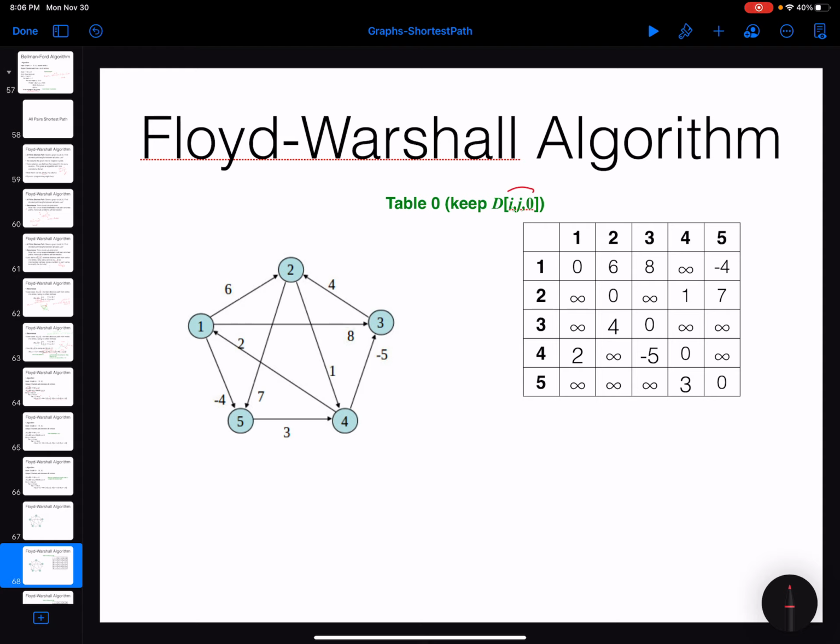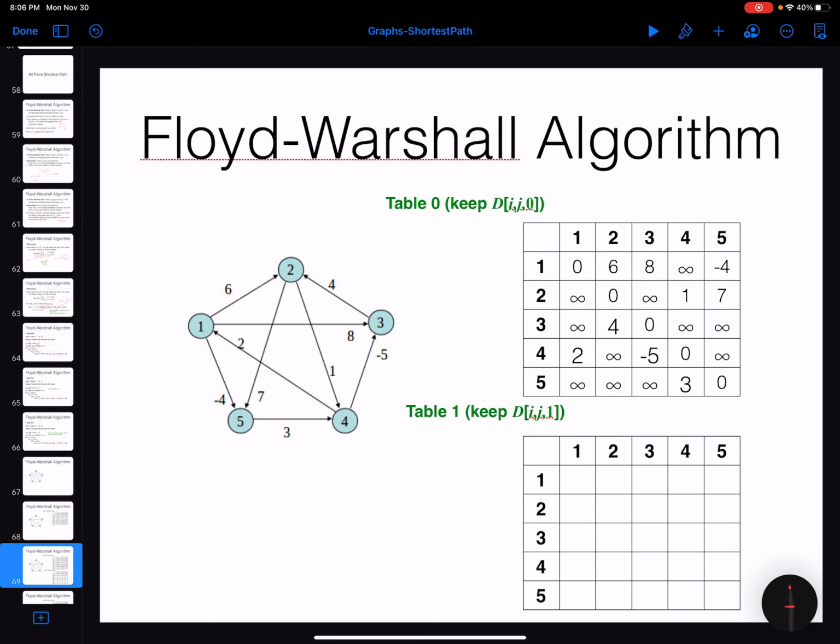Basically the table just shows all the edges, and for the rest of them I just put infinity. So I am going to fill and solve the table of d of i, j, and 1. So what we are going to do,